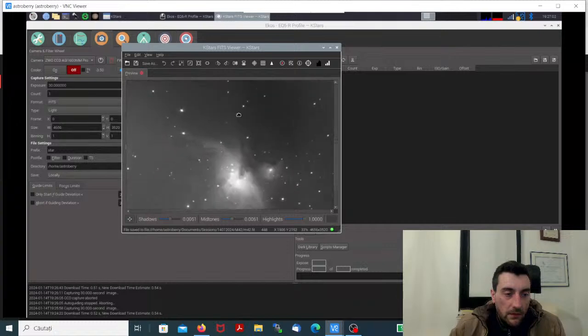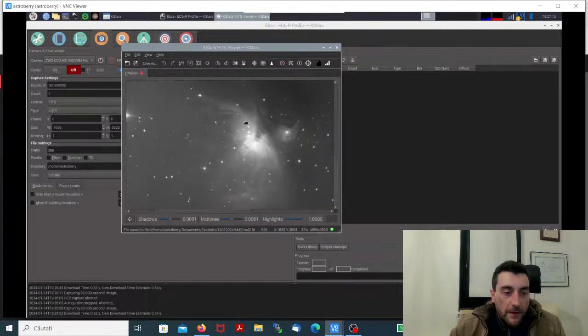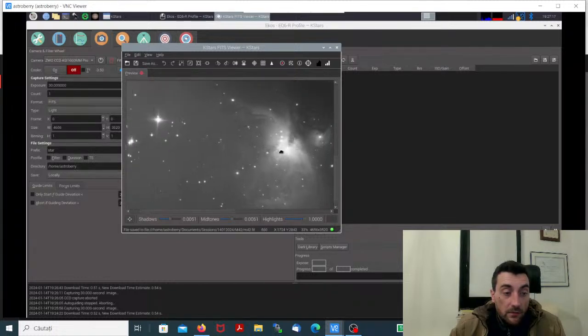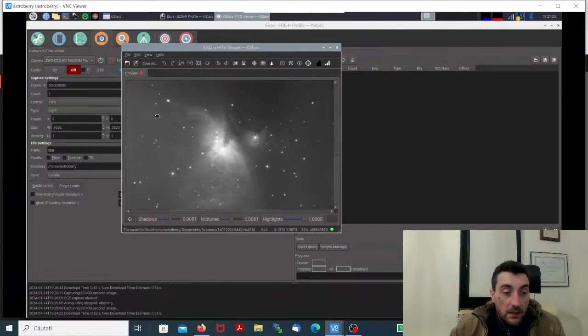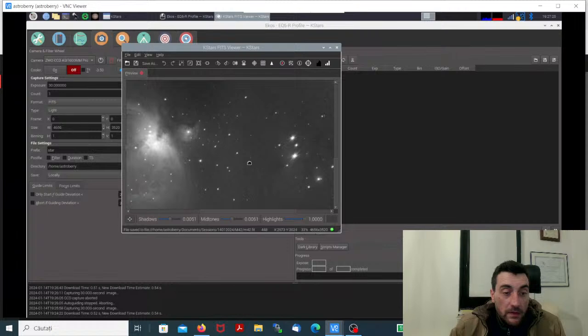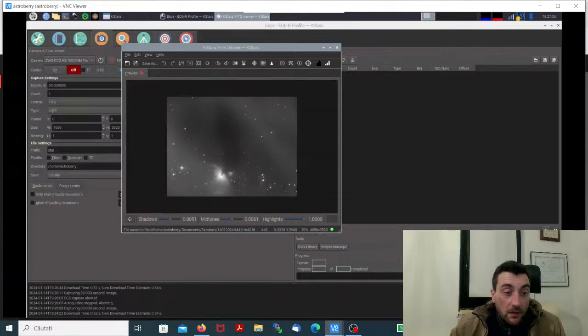I mean, look at this. You can see the nebulosity, you can see the dust, the gases, and this is a dark nebula here, and this is an emission nebula, and these are very young stars being born here, and you can see the spikes, the diffraction spikes, and all the other stars here, and you can see another dark nebula here as well. And of course you can see lots of clouds. These are all clouds,